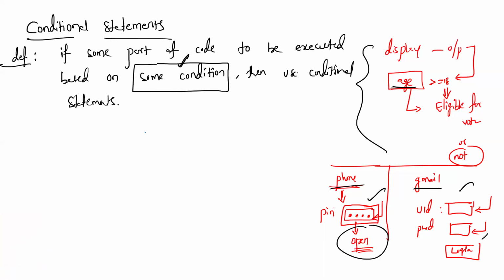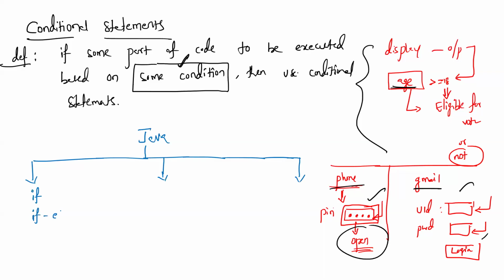Next, when it comes to Java, what types of conditional statements are there? How many types are there? Any idea? In almost any programming language they are there. The first one is if, then if else, then else if ladder, then nested conditions also, nested if. In if only, these are the different categories. We'll discuss all those things. I'm just listing them out.